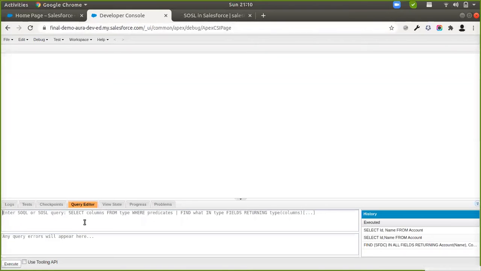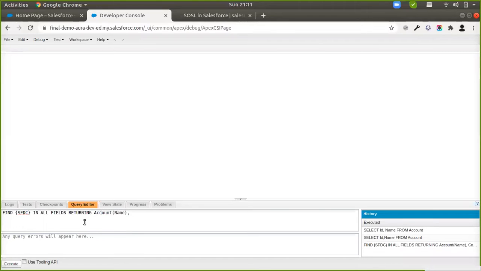So we go to query editor, and in here we write find SFDC in all fields, returning account, and here you have the name, then comma.